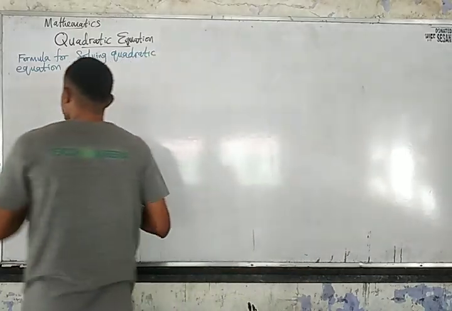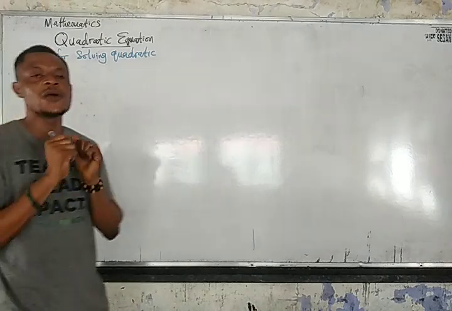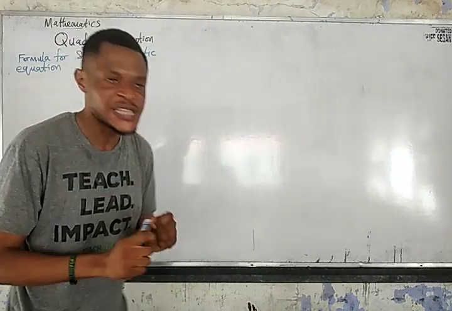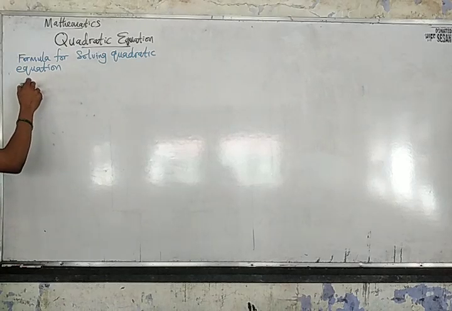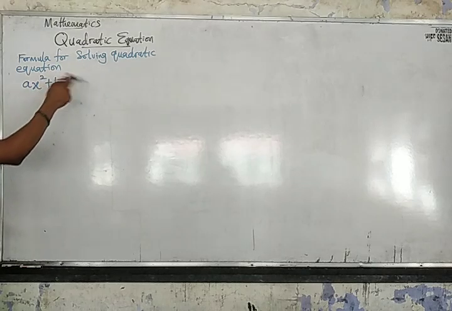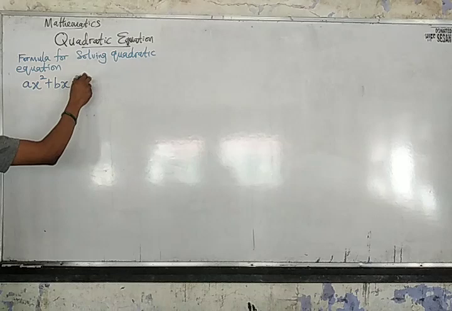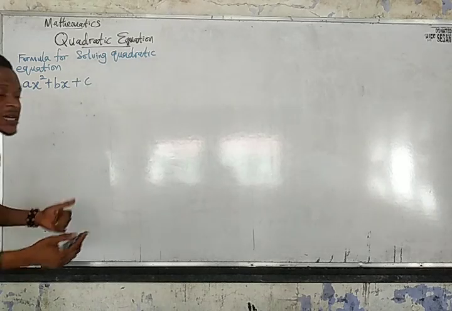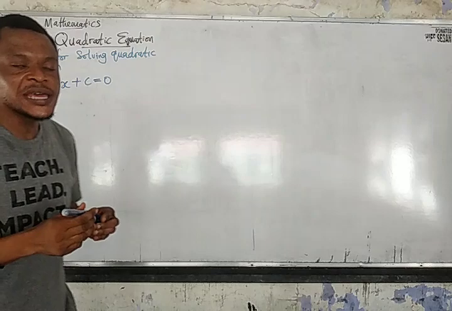So starting from that, we are going to get a skeletal representation of how a quadratic equation is presented. So let's assume that we have a as the coefficient of our x squared, then plus b, which is the coefficient of the x without power, and c to be our constant, then finally equal to 0